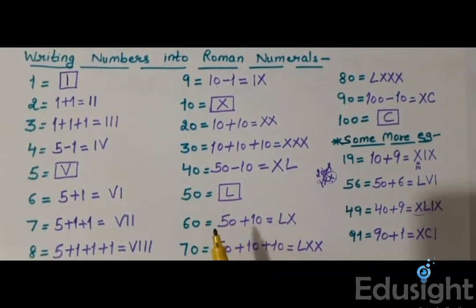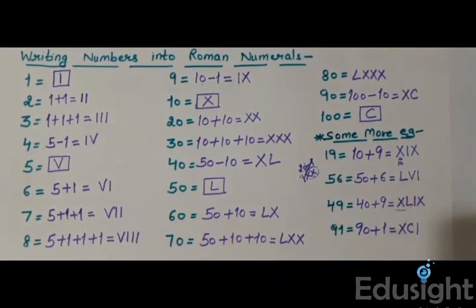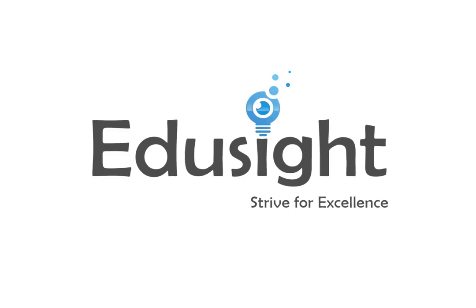Got it? Remember, you cannot write 19 as 20 minus 1. If you write it as 20 minus 1, then in order to write this in Roman numerals, you have to write 1 on the left side of 20. And 20 is double X, and for 1 we have I, which is written on the left side. But we cannot subtract a Roman numeral from 2 Roman numerals. Right? Which is wrong. We will write 19 as 10 plus 9.